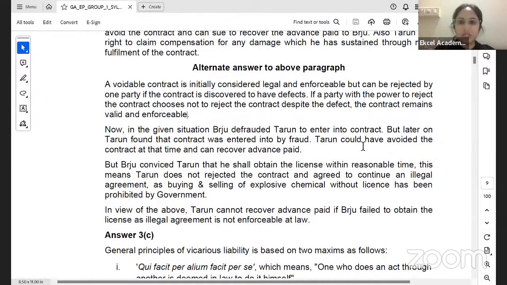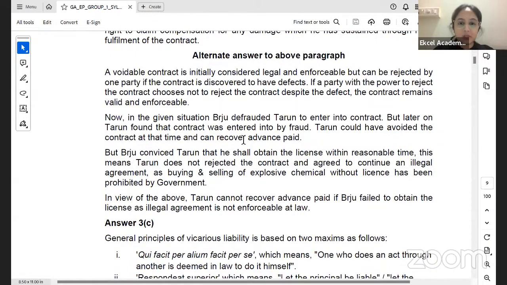Like for example, coercion. I will just gunpoint you and tell you to sign this contract. Okay, you have signed it. If you want to take action and cancel it, you can do it. If you keep quiet, it is still valid, no? So that is voidable. Now, in our given situation, even though Tarun came to know later that